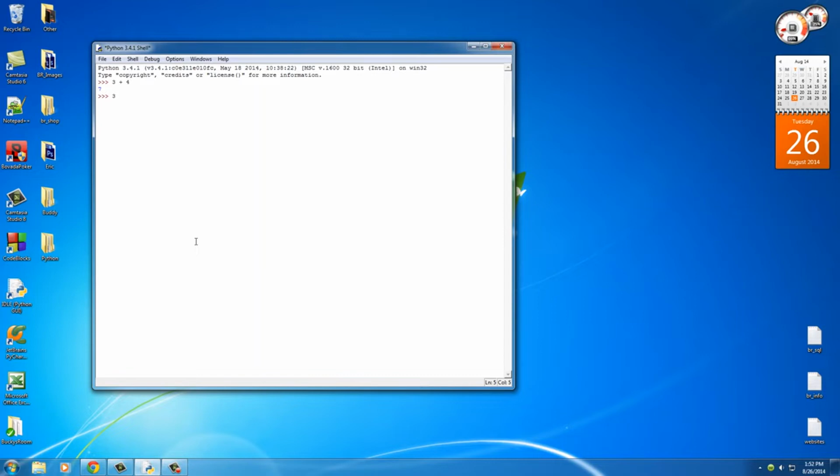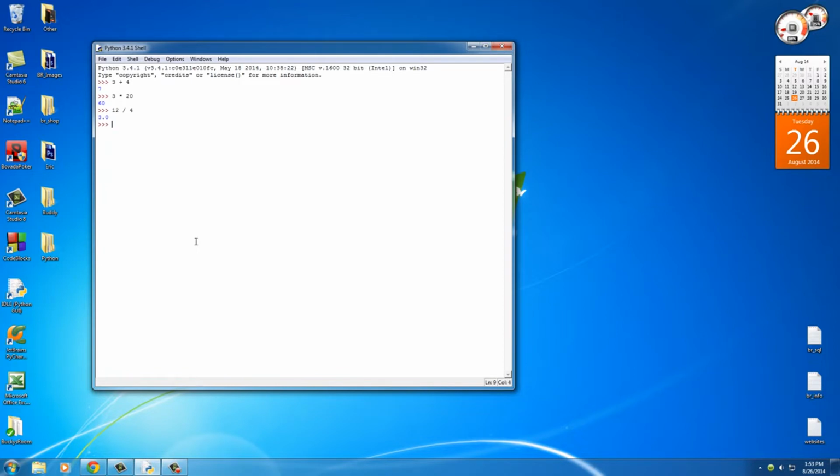Whenever you want to multiply two numbers, you use the asterisk, which is above the 8 on your keyboard, and you can just do 3 times 20. Easy enough. Now whenever you want to divide, use the forward slash, so 12 divided by 4